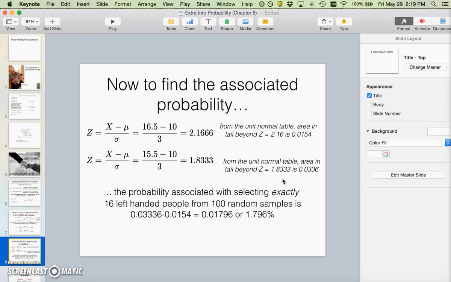This is quite simple, similar to the idea that we were looking at in class, where we were looking at the distance from the mean to a certain value. But in this case, we're looking at the distance between two areas that are surrounding a value that we're trying to look at using real limits. So, that's what the subtraction means. The probability associated with selecting exactly 16 left-handed people from 100 random samples is 0.0336 minus 0.0154. So you get about 0.01796, or about